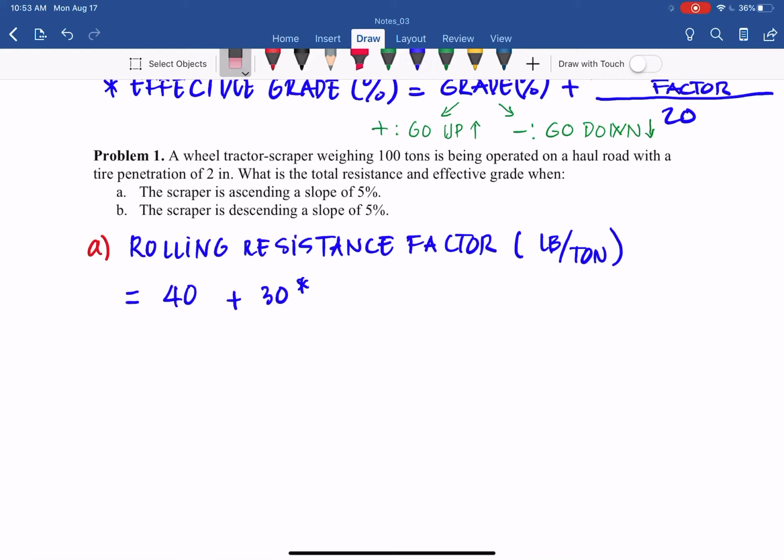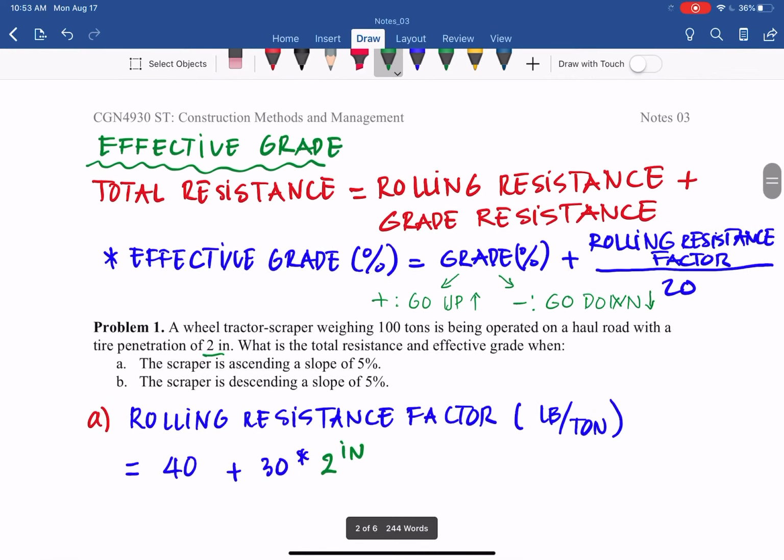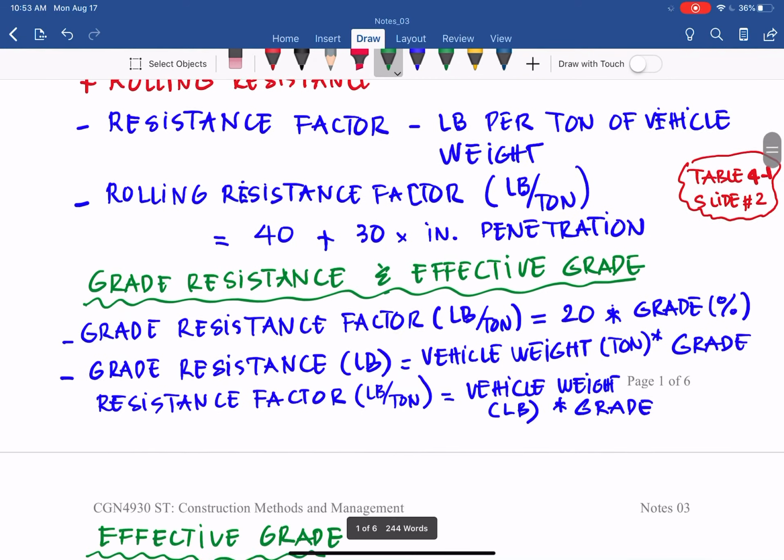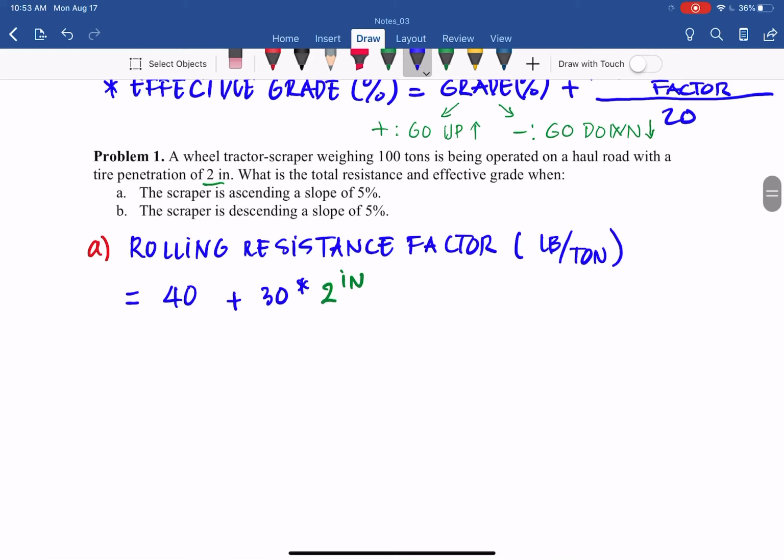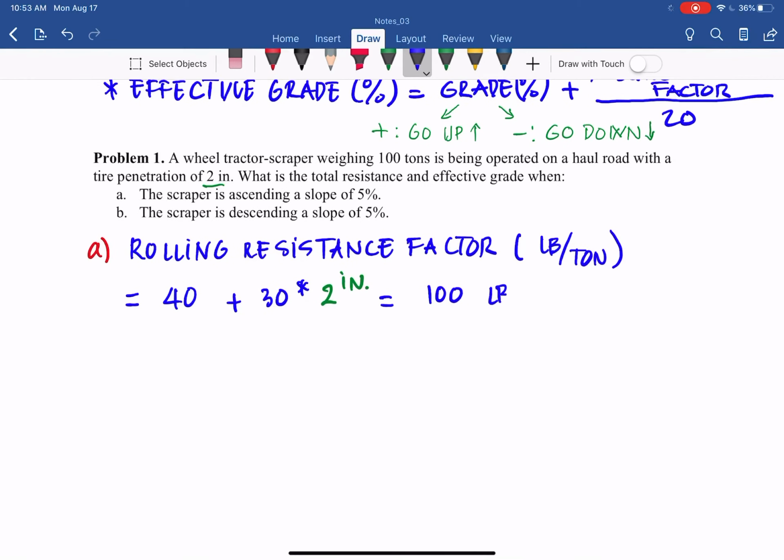They give you 2 inches, so from this equation we get 100. The unit is pounds per ton of the equipment. Because it's pounds per ton, and in this case the equipment is 100 tons, we can have the rolling resistance